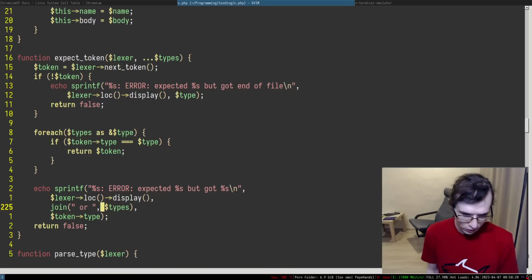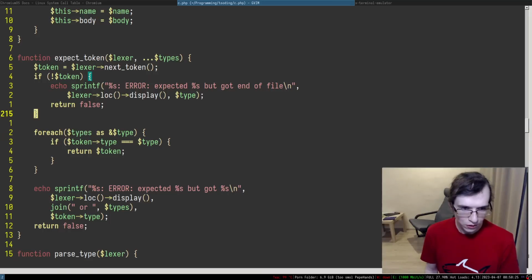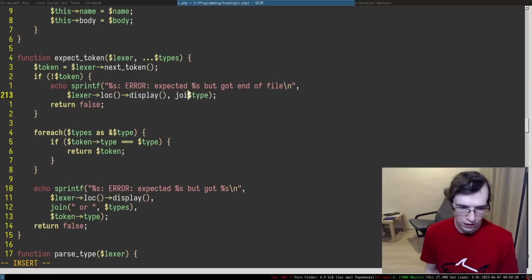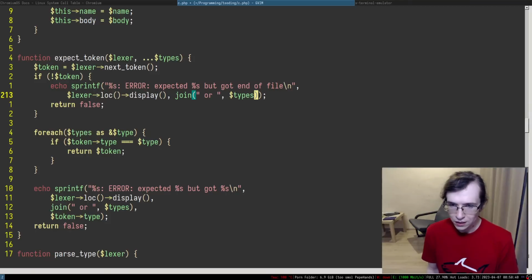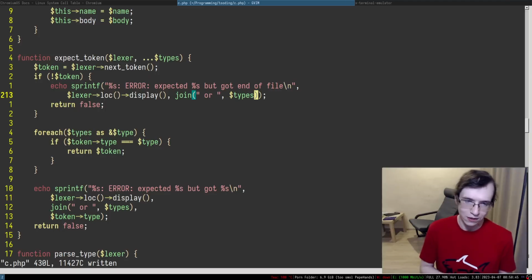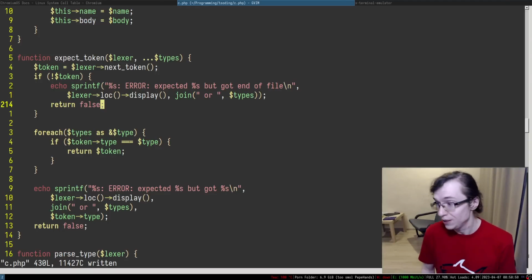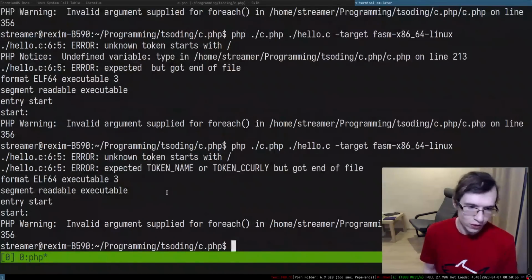So, and by the way, we also have to probably remove this stuff. So we have one, so that's fine. Let me put this stuff, because expect type now can accept several types, so you have to actually list all of them. The way we list them is we separate them with a space or space. So basically expected that or that or that or that or that. That's what we're trying to say in here. So let's try to run this thing.